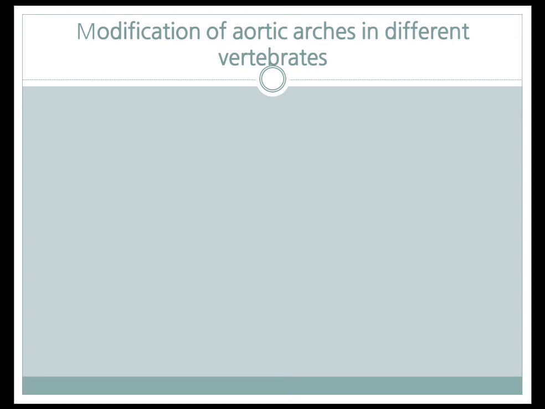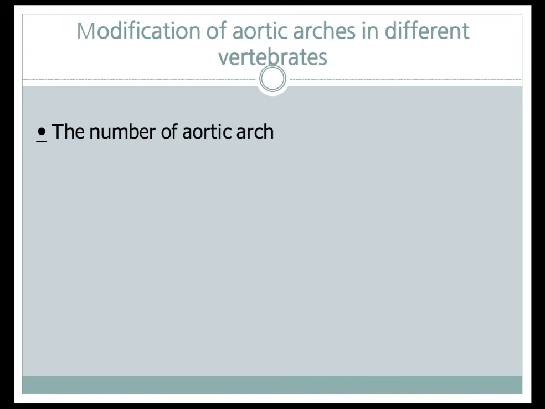That was a primitive feature in amphioxus, because there is a great need of oxygenation in those animals. So they have developed 60 pairs of arches. So what are the modifications? I'll be taking up these modifications one by one. I hope you are understanding the topic. So if I go with the modification,